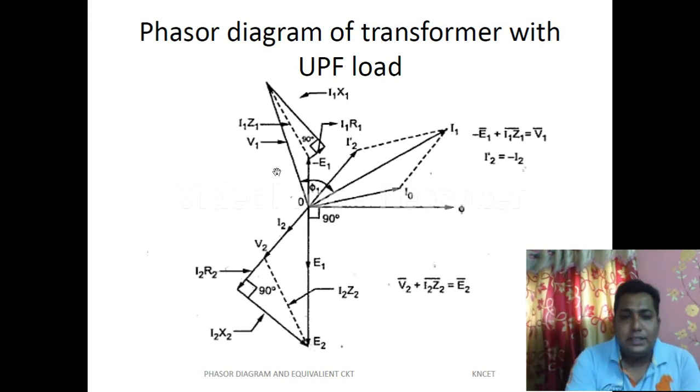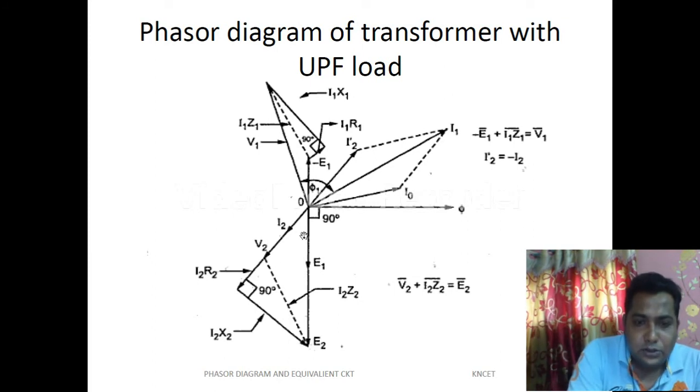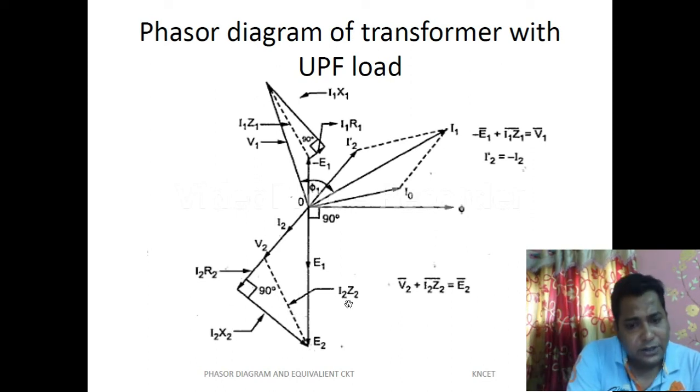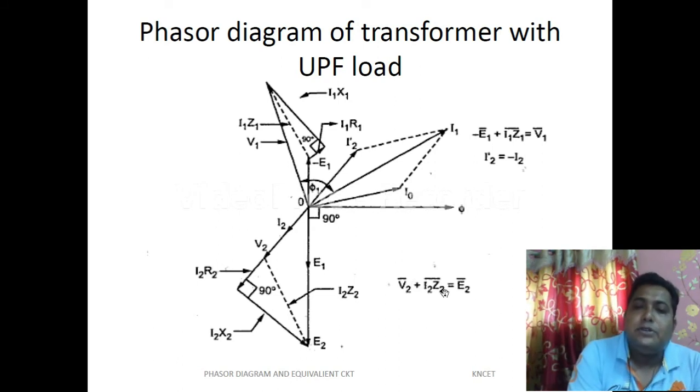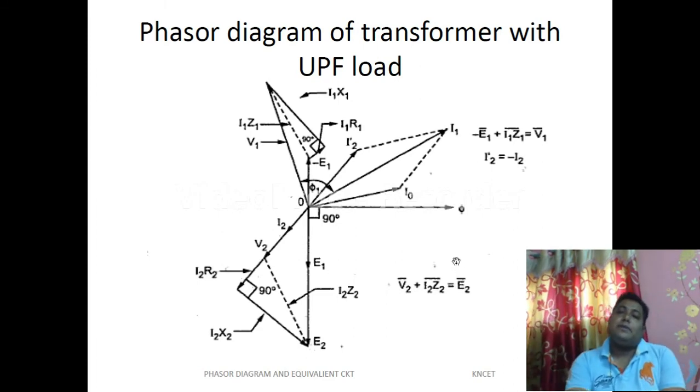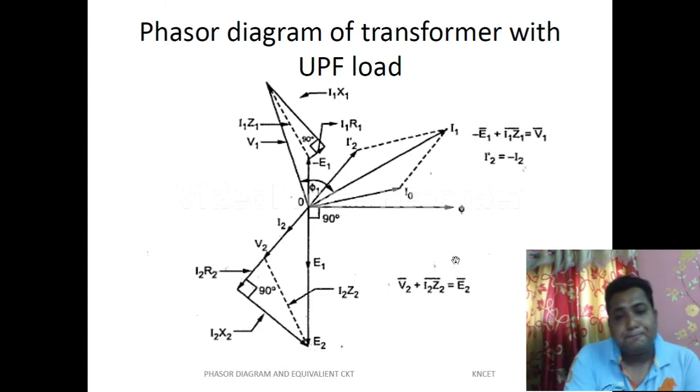So now we can say what the secondary side voltage is. The secondary side voltage is V2 plus I2R2 plus I2X2, all vector components, the summation of these. See this I2R2 and this I2X2 make a triangle. If we make this dotted line, this R2 X2 vector component is the Z2. So we can write V2 bar plus I2Z2 bar is equal to E2 bar, that is the secondary side total EMF induced in the system.